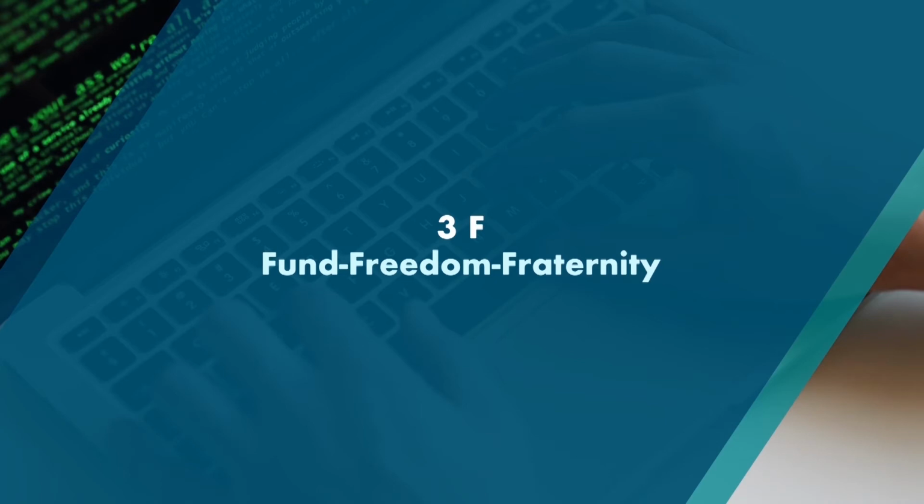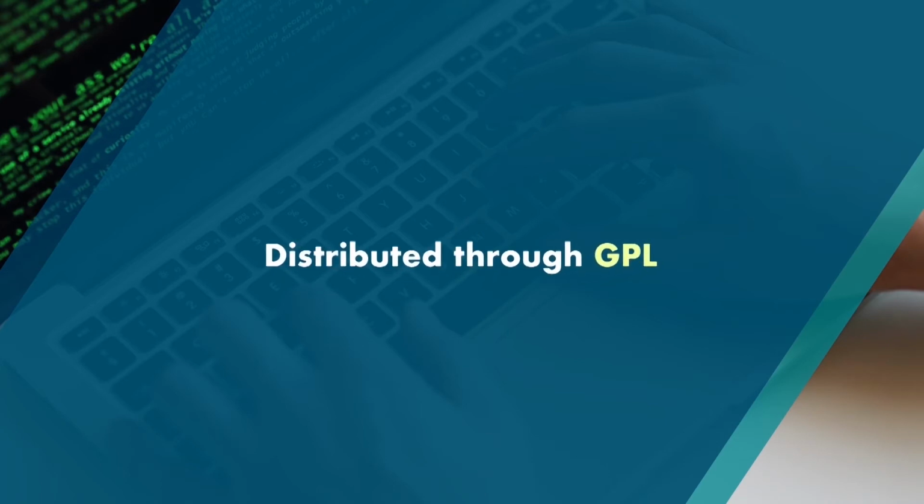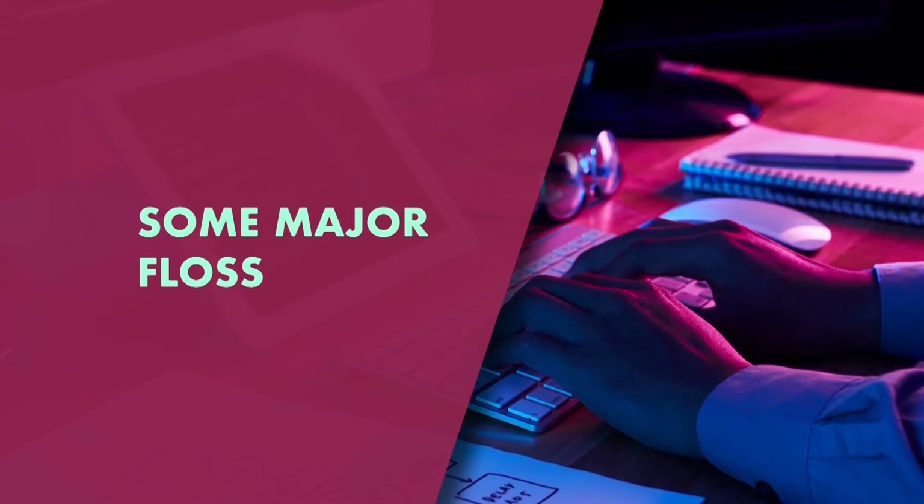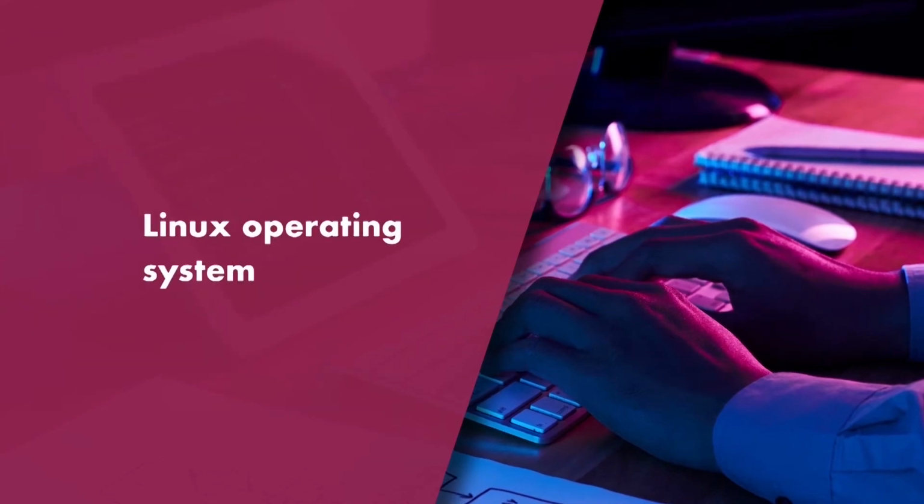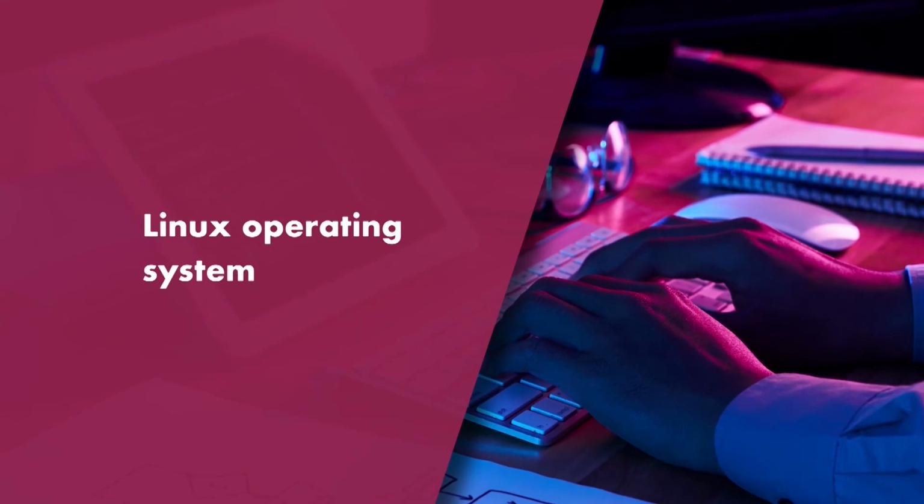And in most cases these open source softwares are distributed through a very powerful licensing system that gives power back to us, community computing, that is called GPL, GNU Public License. Many of the major software we are utilizing nowadays are based on open source software. So 95% of the servers are running some version of Linux: Debian, Ubuntu, Red Hat Linux, Fedora, CentOS, etc. All are Linux distributions, or distros, available free of cost to us, attached with freedom. So 95% of the world's servers are running some flavor of Linux.